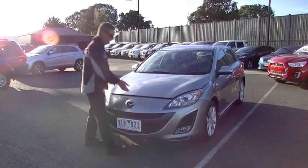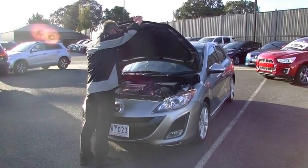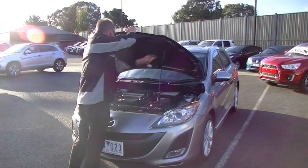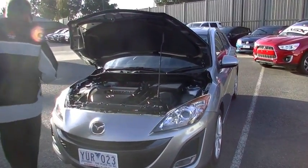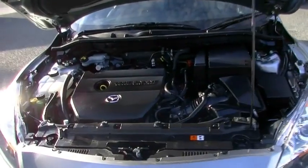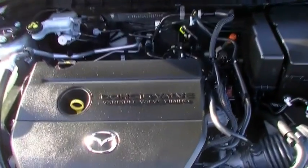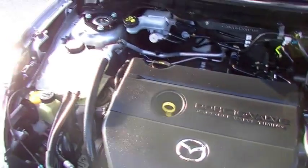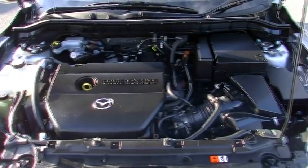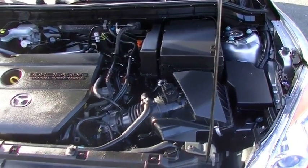Back around at the front of the car now, a few important little things to take note of. Just a simple matter of lifting our lightweight bonnet. Our bonnet rod just goes up into the little cavity there, pop it up out of the way. Fairly impressive statistics with the little Mazda. Just a 2.5 litre 4-cylinder motor, still going to give you 122 kilowatts of power, 227 newton metres of torque, and at the same time deliver you super fuel economy. 8.6 litres combined per 100 kilometres, so expect a tick under 700 kilometres to a tank of fuel